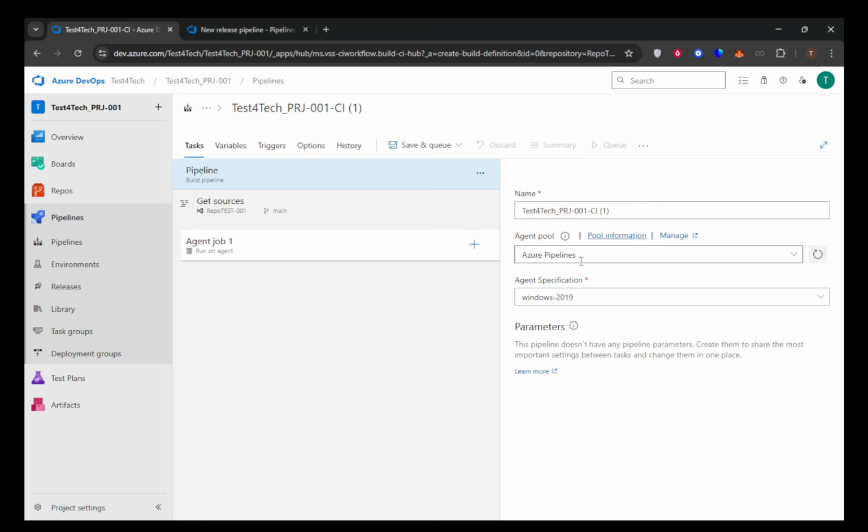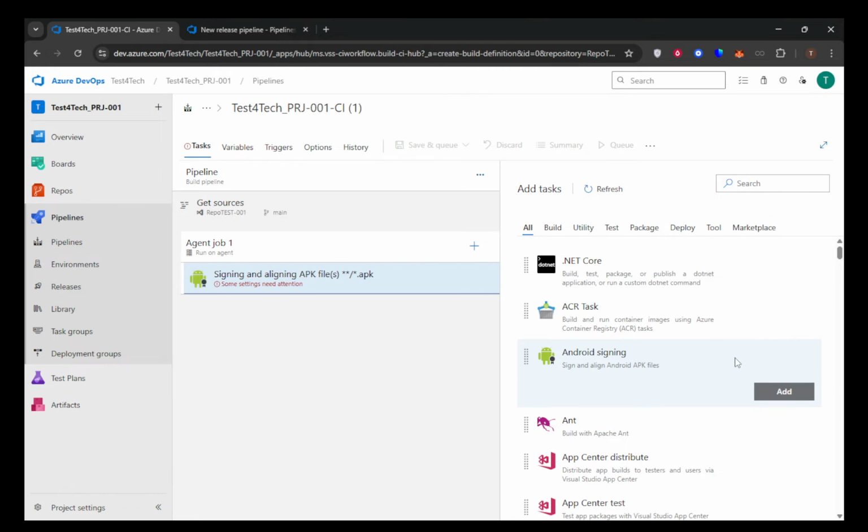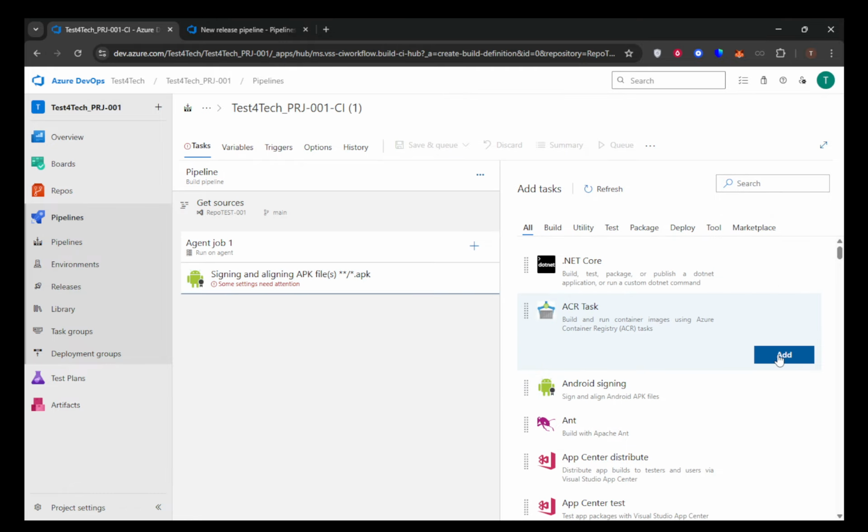In the Pipeline Designer, you'll notice a job, such as Agent Job 1. Under this, add tasks that are essential to your build process, like NuGet Restore, Build Solution, Run Tests, and Publish Build Artifacts. It's important to configure the settings for each task, such as specifying paths for solutions, test projects, or